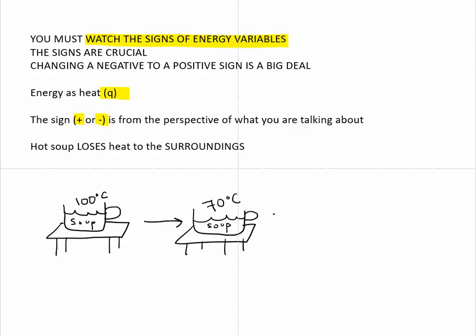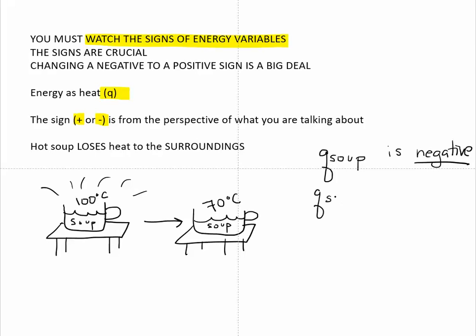What we're talking about right now is that heat and energy flow. The hot soup sitting there on the bench top is going to be losing its heat to the surroundings. Again, the surroundings are the beaker it's sitting in, the mug, whatever, the bench top, the air above it. Those are the whole of the surroundings. So the hot soup loses its heat to its surroundings. So the Q of the soup is negative. It is losing heat, negative.